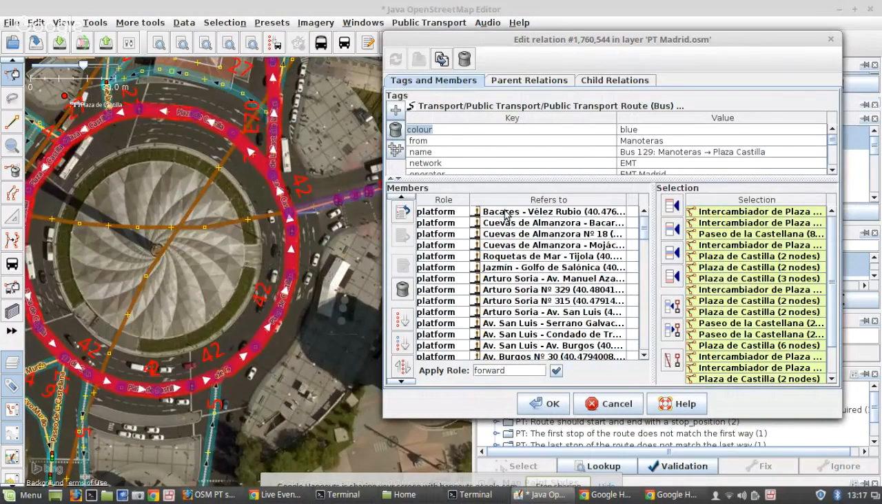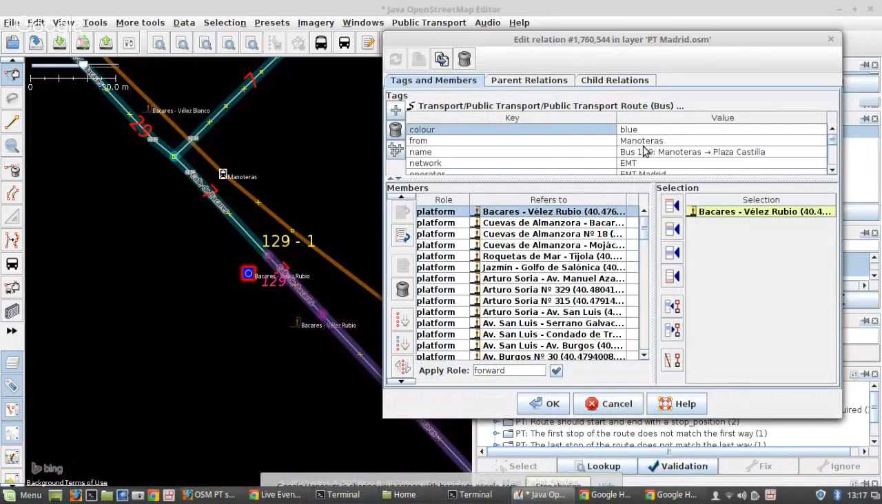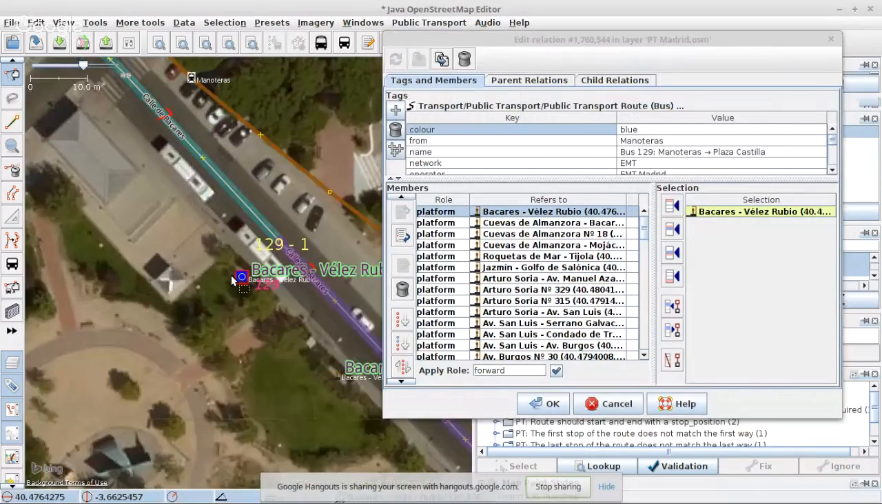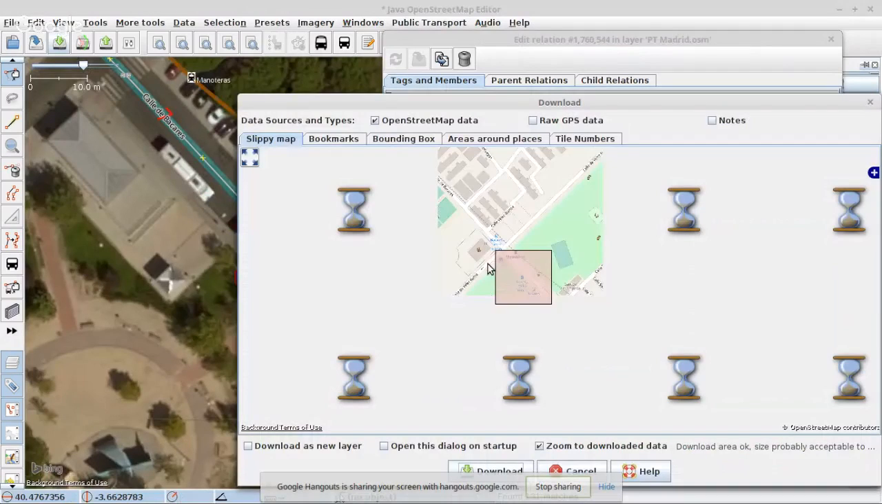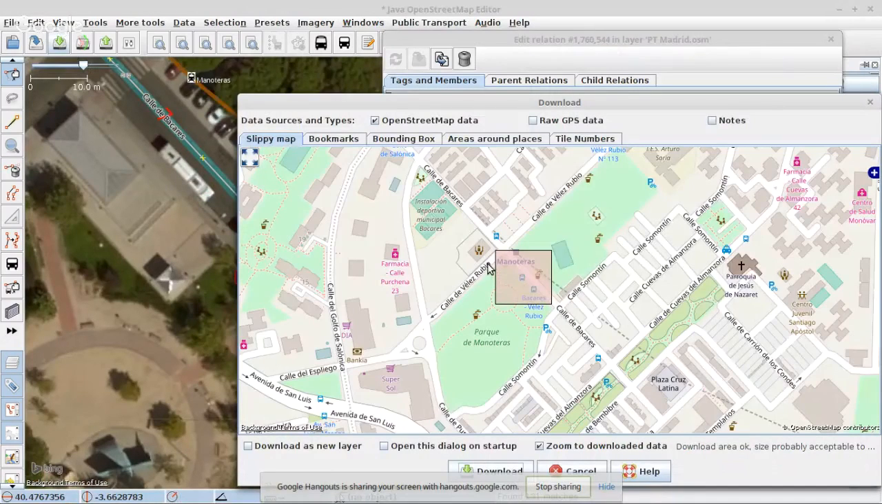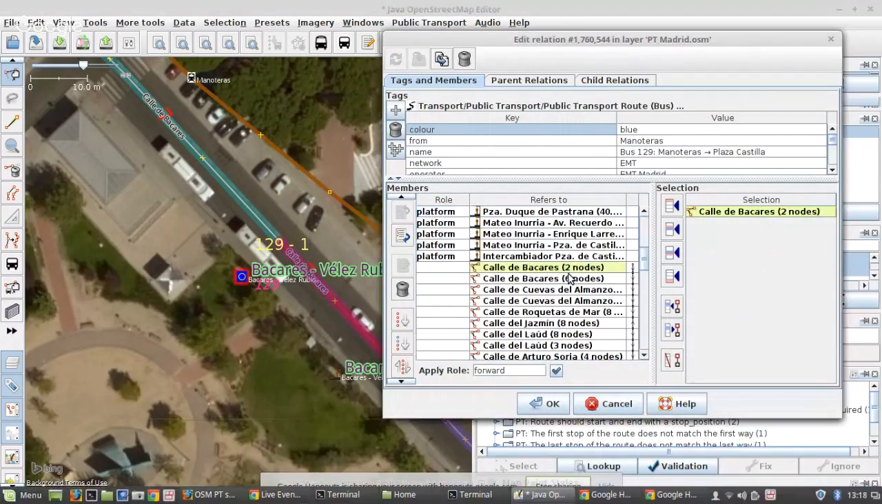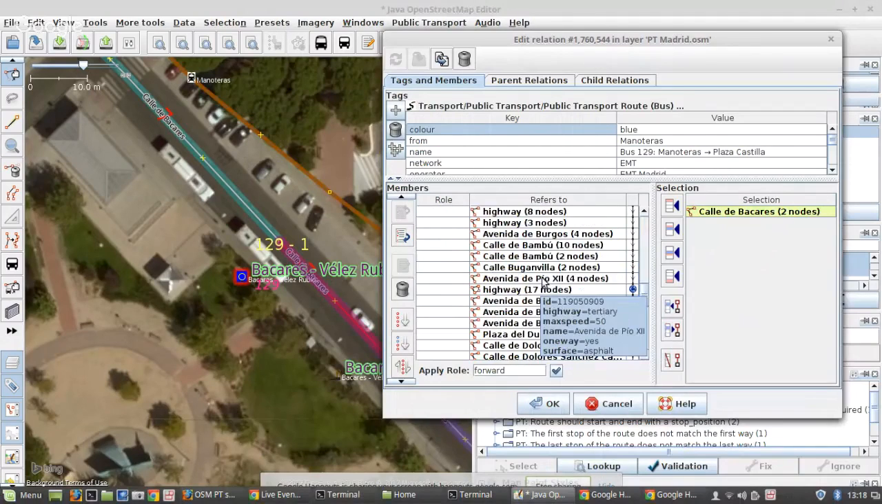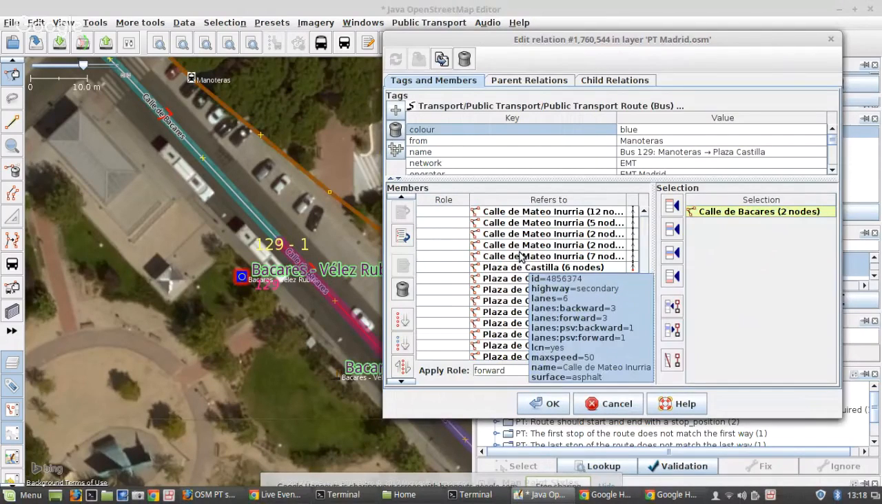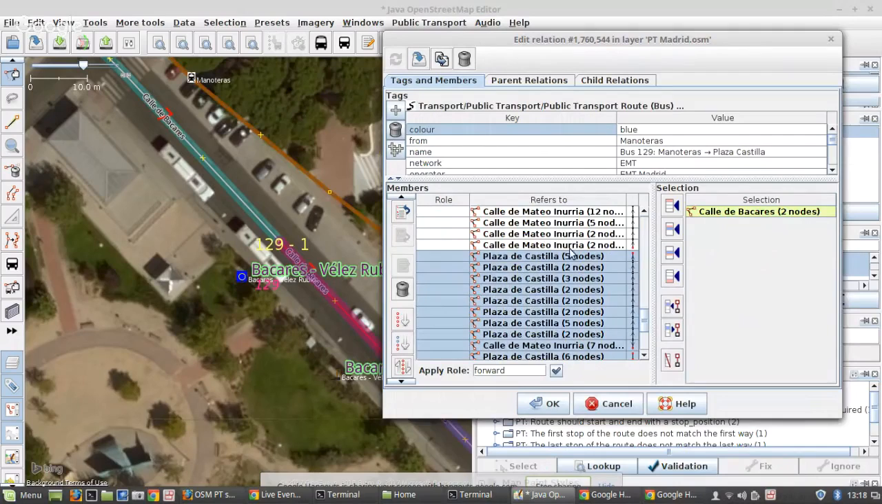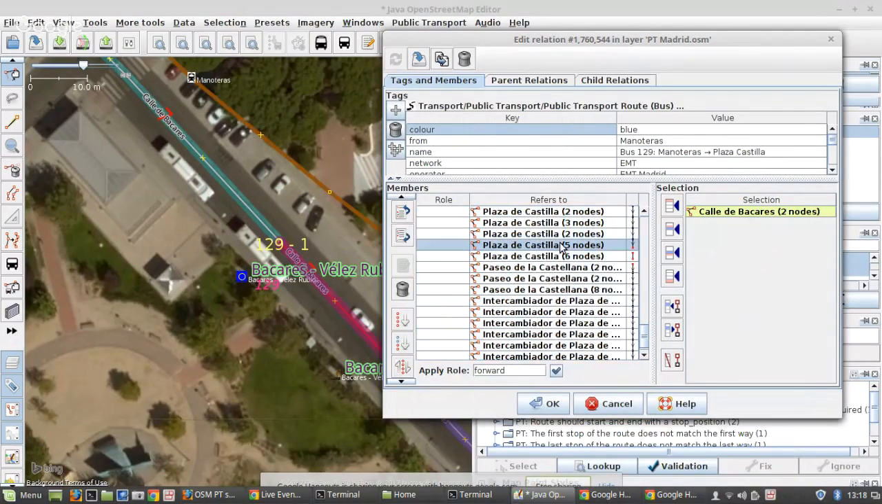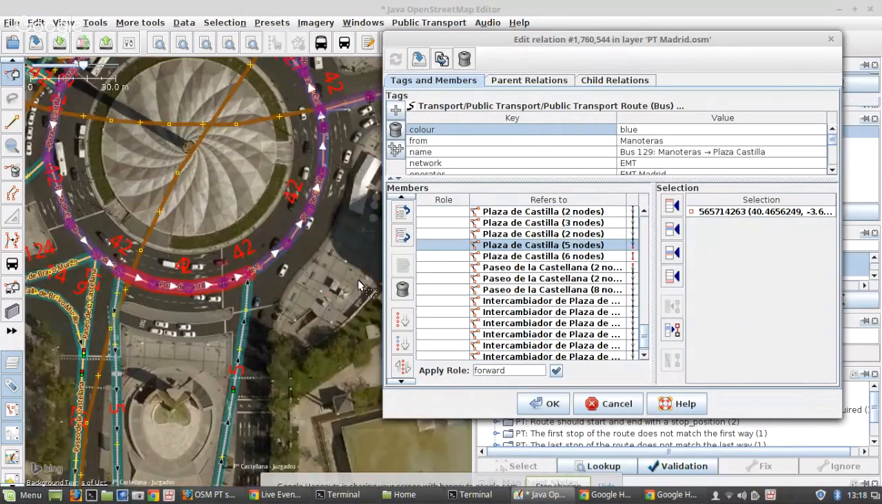So first, let's check from Monoteras. This is Monoteras. Yeah, okay. Monoteras. So this is our first stop. Then this should be our first way. That's okay. Then I'm going to ask for the ways to be sorted. Then I'm going to check